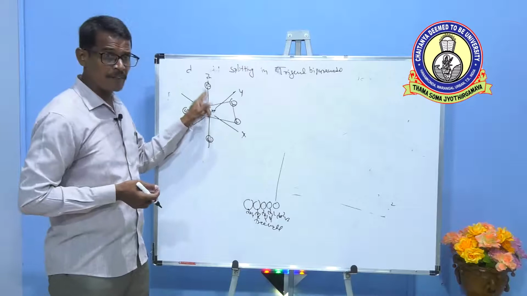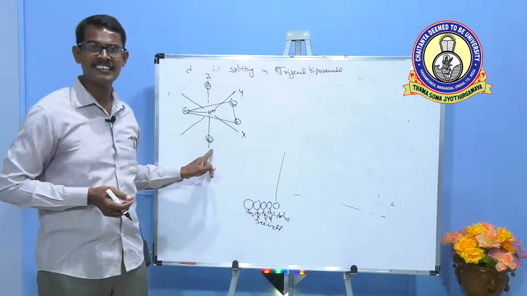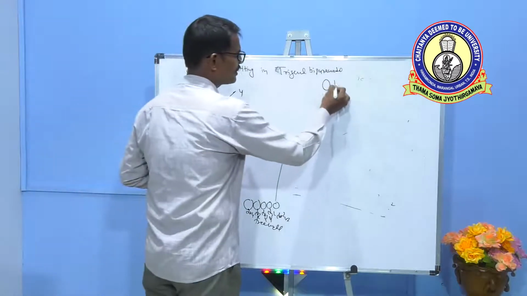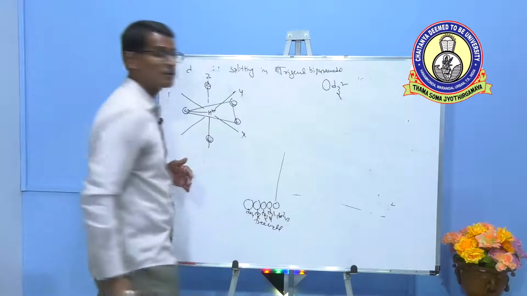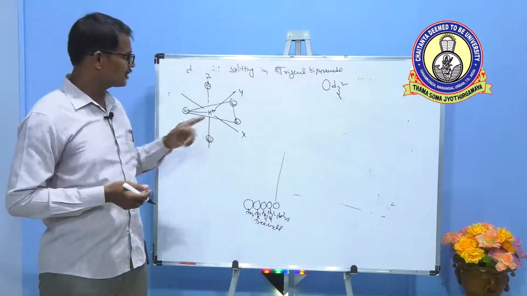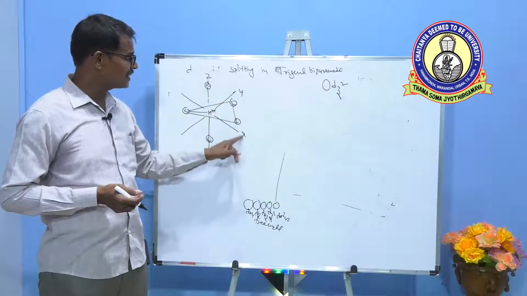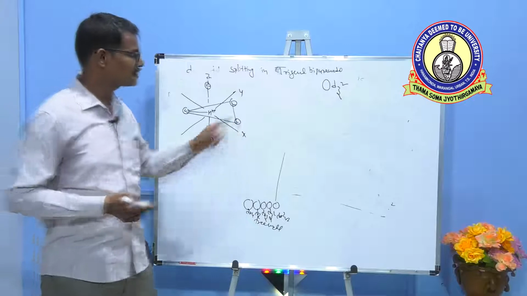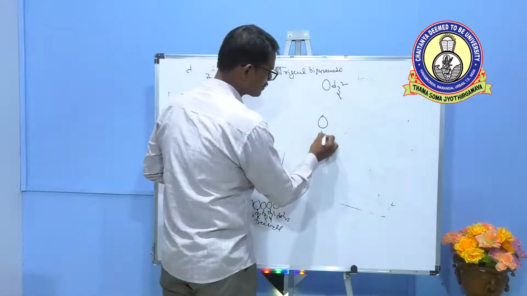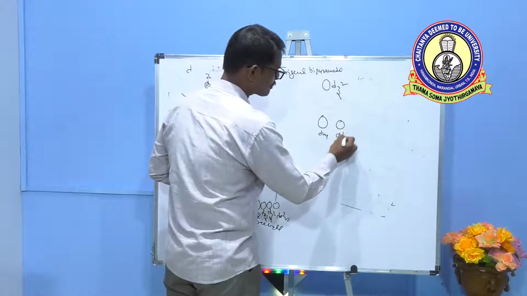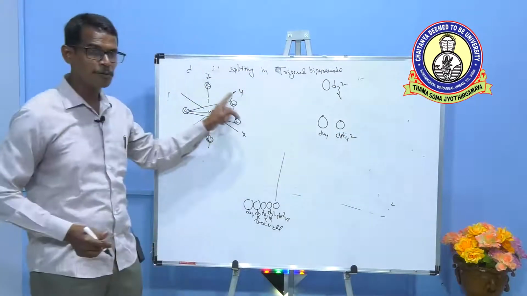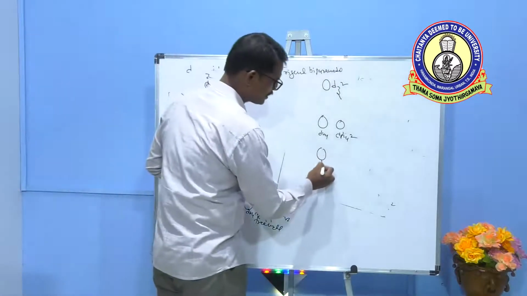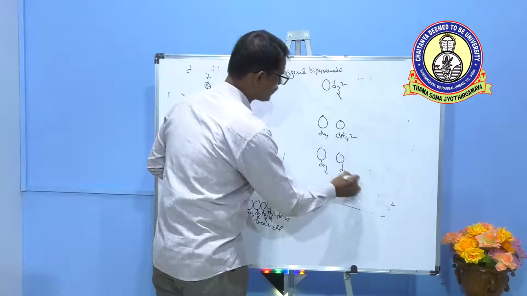The orbital which is present along the z axis experiences highest repulsion, meaning that orbital energy increases more, so dz square goes to highest energy. There are orbitals present in between x and y axis. So the next to experience more repulsion are the dxy orbital and dx square minus y square orbital. There is no ligand field between yz and xz. So the least are dxz and dyz orbitals.